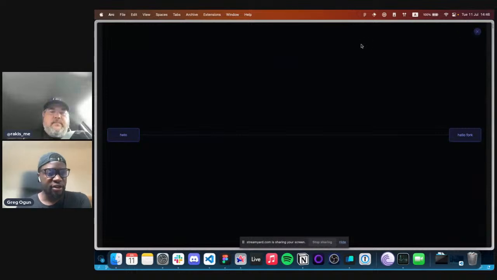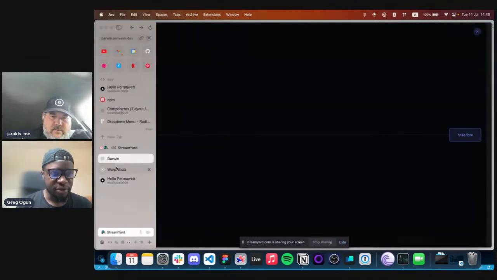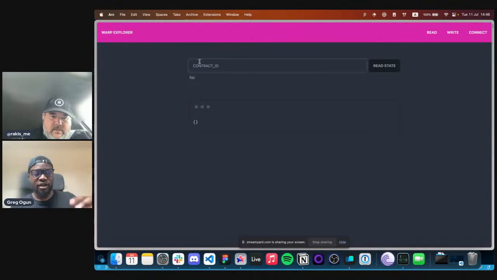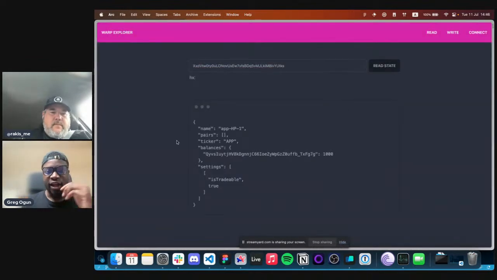And I think another nice and important part of this, just to demonstrate what this looks like in terms of the tokens in the system, is that I'm going to copy the version IDs and put them into Wallet Tools. Every app version is deployed as an atomic asset, so essentially it has a tradable contract embedded in it. We can take a look at this here, and we should be able to read the contract state. Okay, we've got the initial creator with 1,000 tokens in the system.